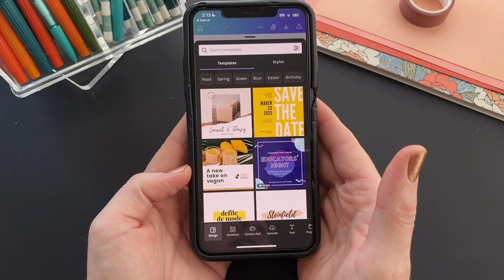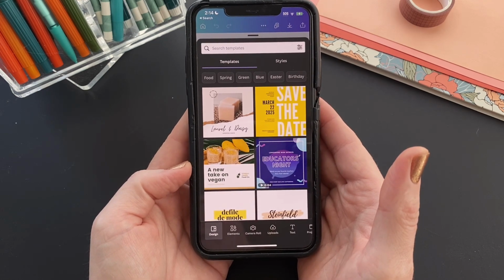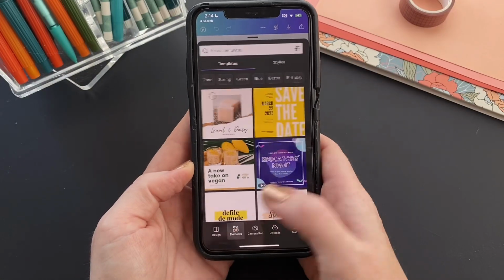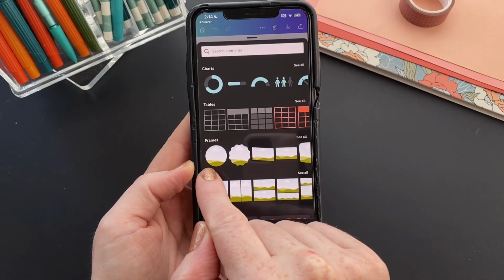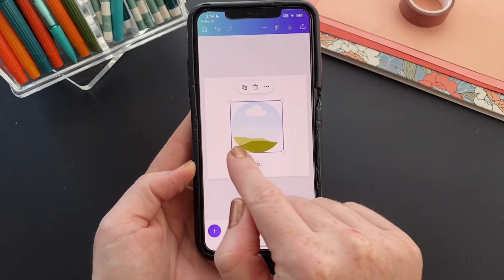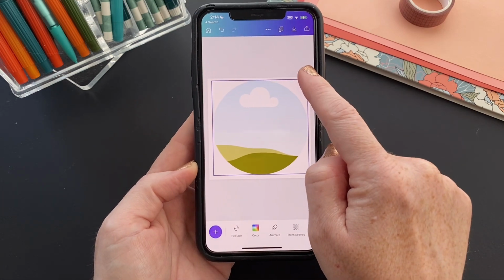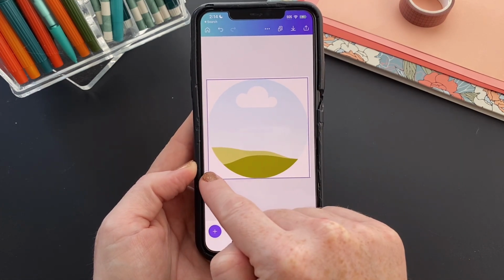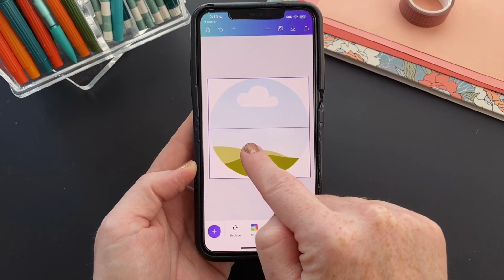You can always resize it if you want to use it for a video, for an Instagram carousel or reel or something like that. So here we are going to go to elements and we are going to go down to frames and add in a circle frame. This will allow us to insert our selfie video and crop it to circle. I'm just going to kind of stretch that out here as much as possible without it going off the edges